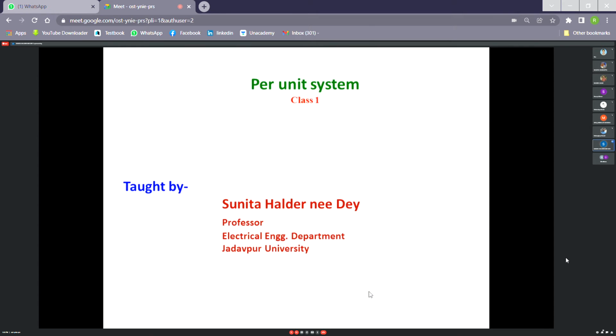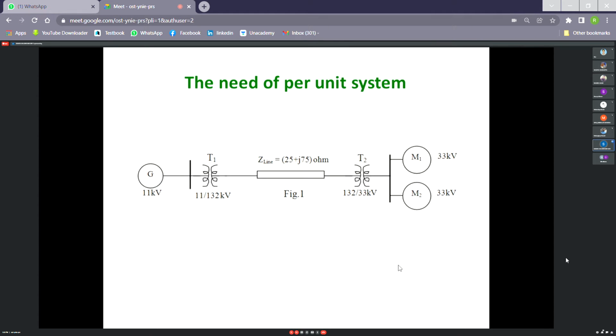So next, now we shall start with the per unit system. This is in your syllabus. So why do we need this per unit system? Say in a power system, it is a huge circuit. You now have an idea of the power transmission system and of power generation. Power generation is at the level of 11 kV, maximum 20 kV. Then transmission may be 132, 220, 400, 600, 750. This is the transmission voltage level.